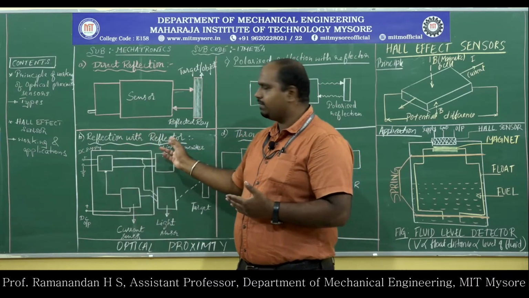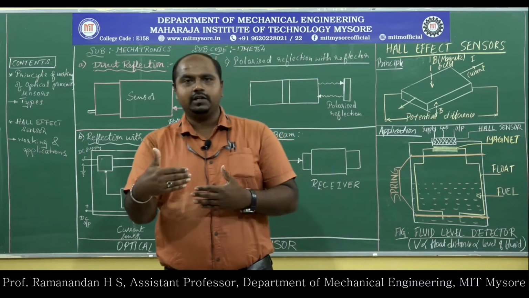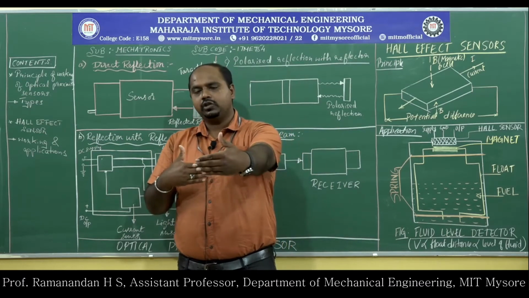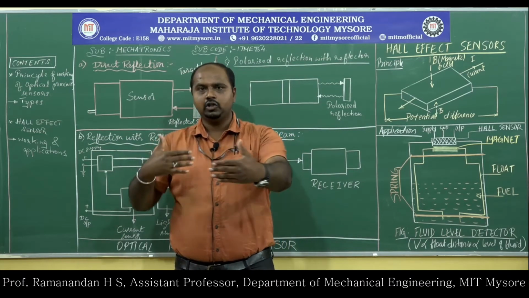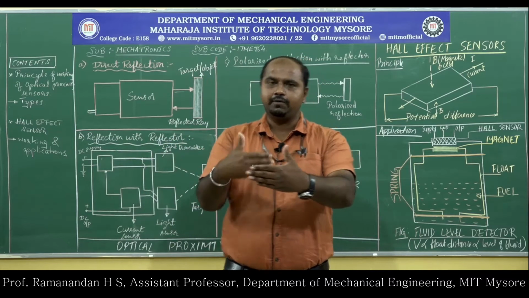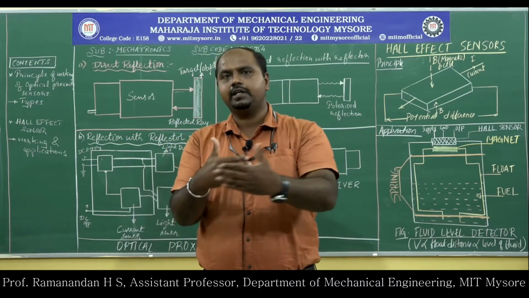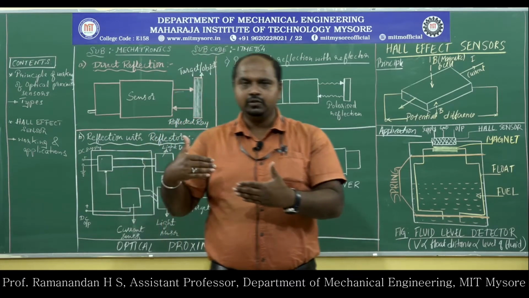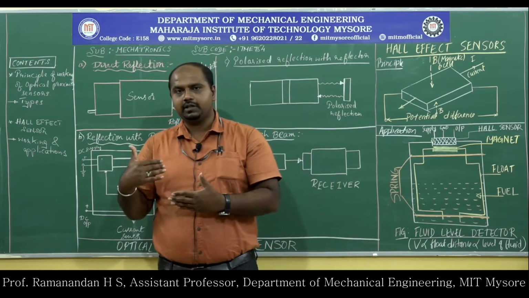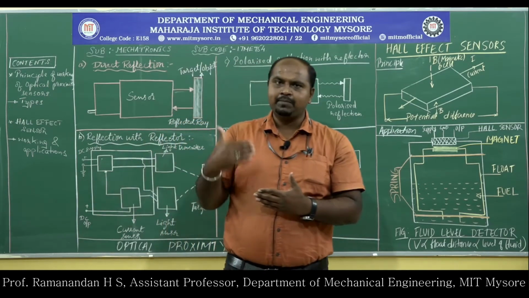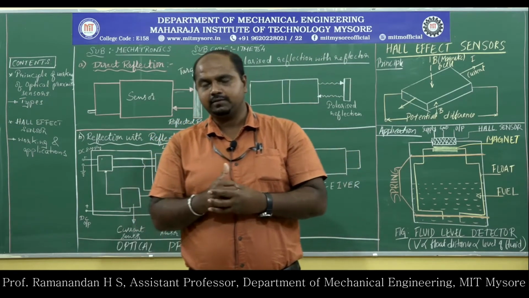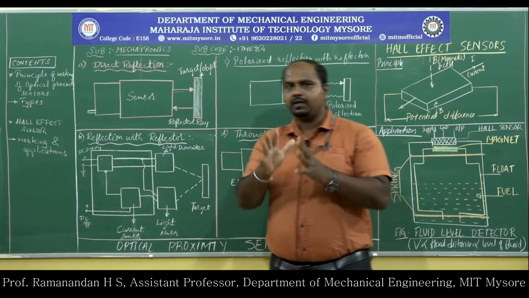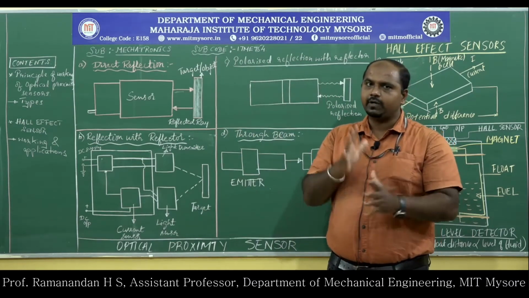The second type is reflection with a reflector, where I can use a reflector so that it is 100% efficient. From the sensor to the object I can place a reflector, so that if any obstacle is between the emitted light and the reflector, it can detect it. Because the target is blocking the light, the current varies through the use of a photodiode or phototransistor type of photoelectric effect sensors. I will tell you in detail when we approach them one by one. This is just a glimpse, to understand the various types and why they exist.